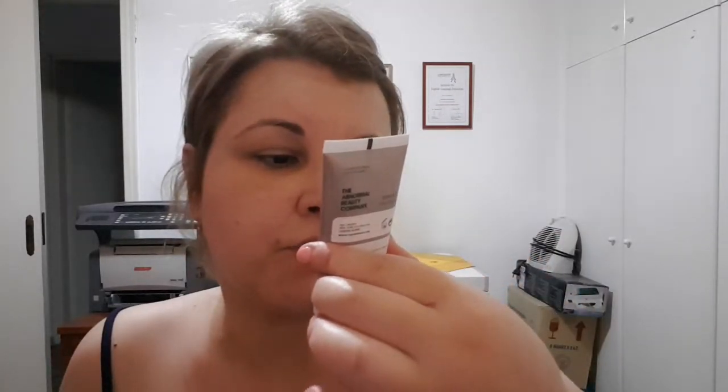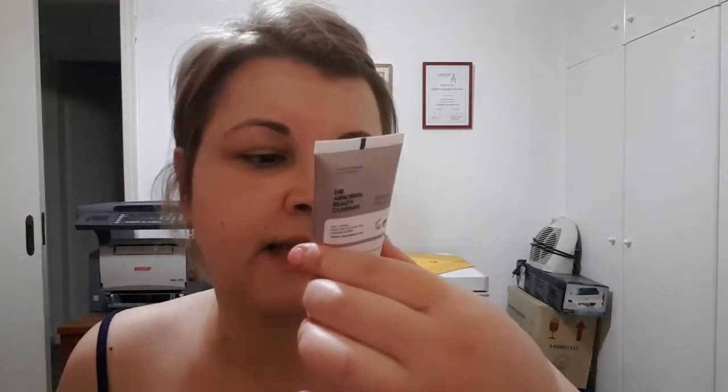So I have already put on my The Ordinary Natural Moisturizing Factors HA, which is like a moisturizing cream. Yeah, and I've put that on my face. And now I'm going to move on to simple things. My hair is up. It's like 32 degrees. It's so hot. Ignore the background decoration. It's just things we need to get rid of. But anyway, so